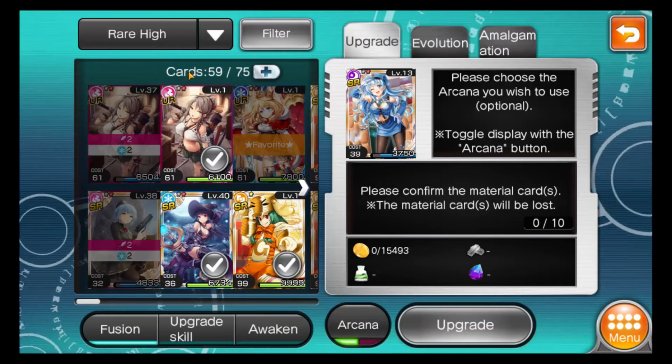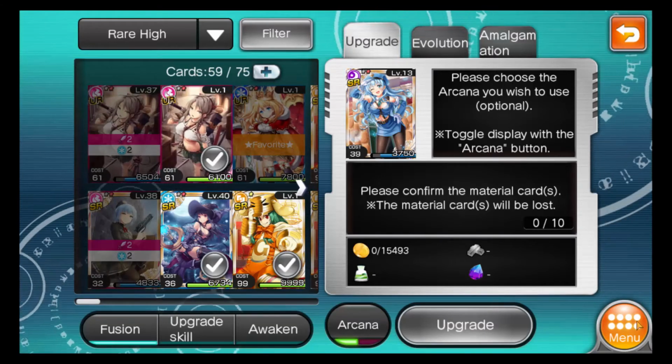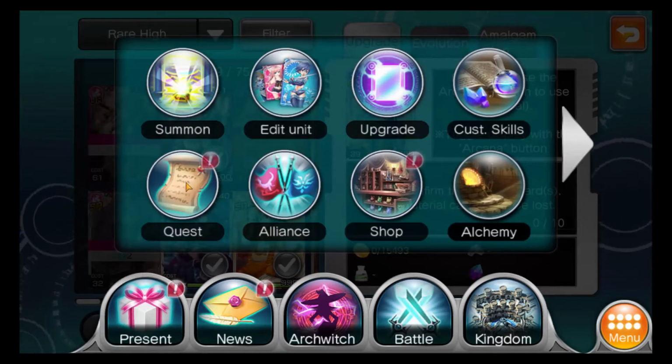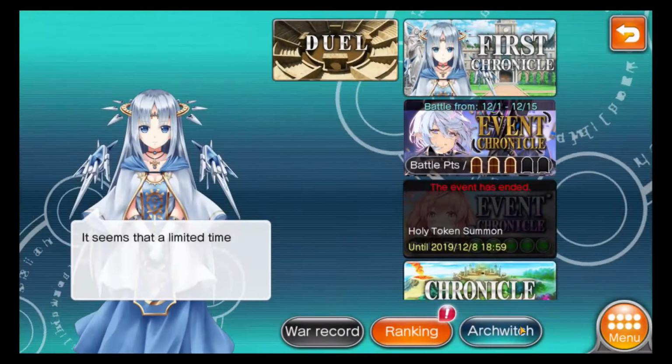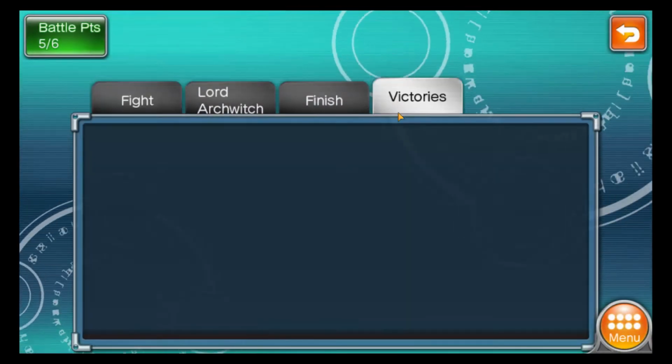So now we got card space again. So we never used any jewels to upgrade any card space. We've just been basically doing this. And then let's just go to the rewards, right? If we go to like a battle, if we go to Arc Wedge, if we say victories,